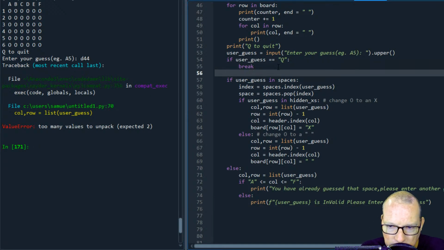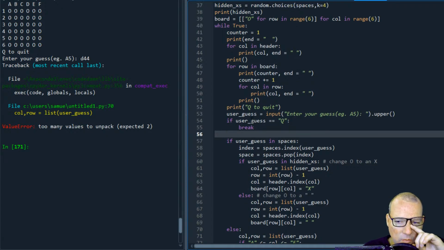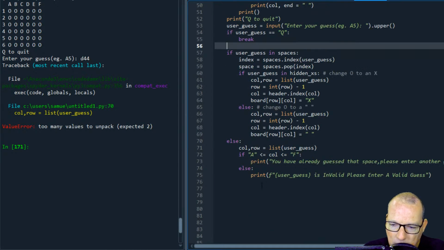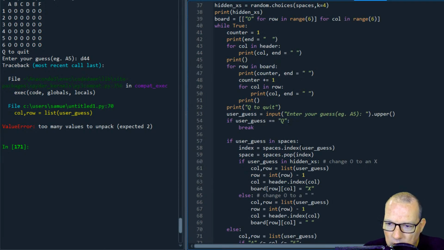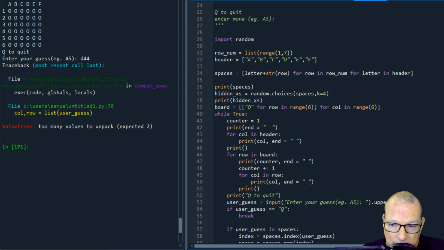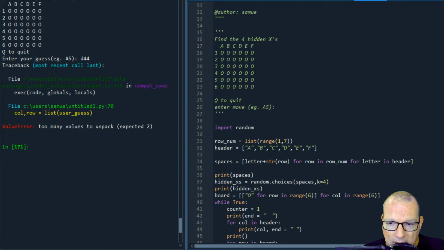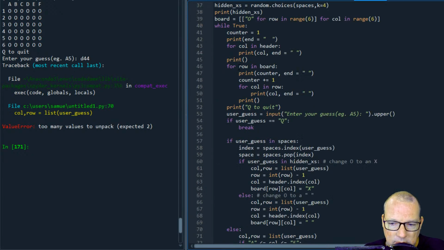And we're going to get to use continue, which is the equivalent in Python to a goto line. So when break happens, it stops, breaks out of the first layer of a loop, just stops everything. And actually, technically, now that I'm thinking about it, we don't even have any messages for after they've found all 4 X's. All right, so we're going to do this. We're going to go probably at least to solve this problem. So elif